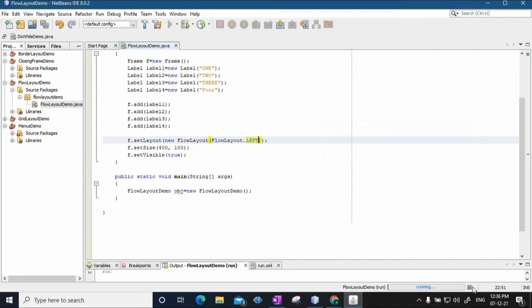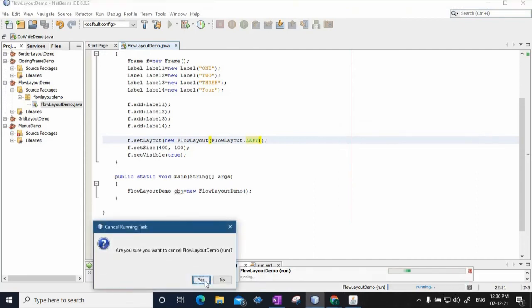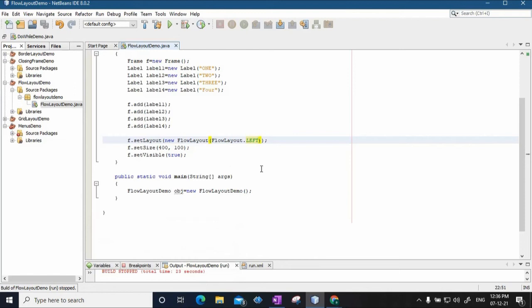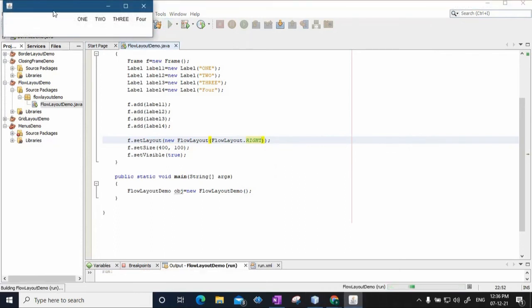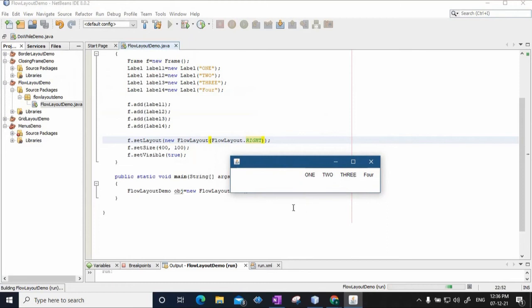Fine. Again I will stop running this frame, and now I will use another option. If I say dot RIGHT, save and run, you can see it is now aligned to the right of the frame.